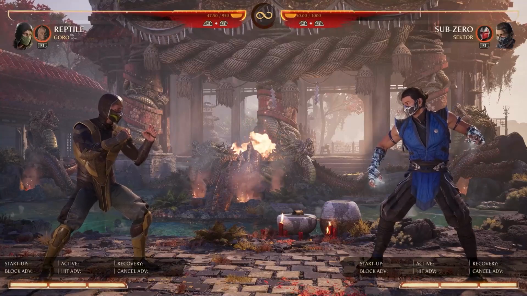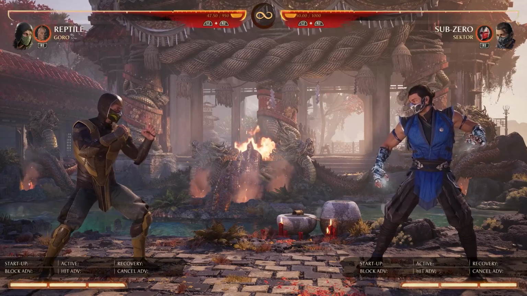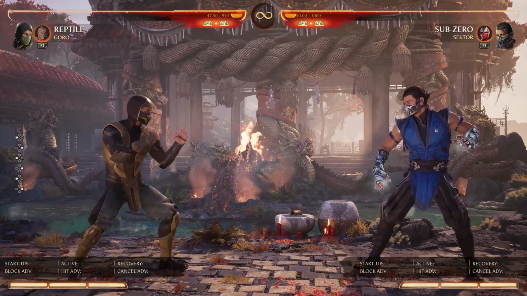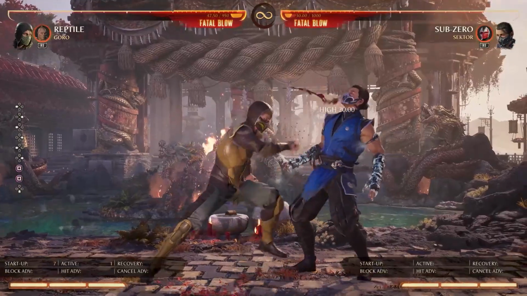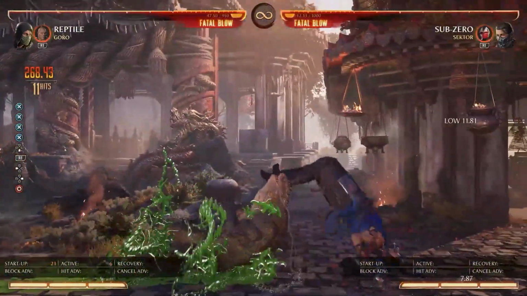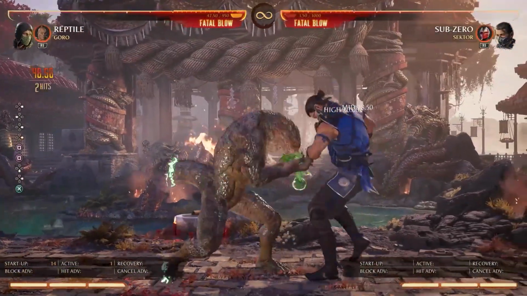How's it going? This is going to be the combo guide for Reptile with Goro as his Kameo. Then we're going to break down a little bit of the game plan you want to have with Reptile. So first we'll cover Reptile's combo with Goro. Here's the first one. Get the death row at the end. So this is a 1-1 into force ball,